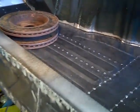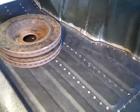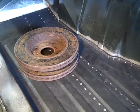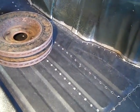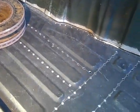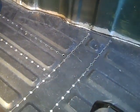So it's positioned in place. We've got a bit of weight on that end just to pull it down a little bit, so it's slightly buckled, so once the welds go down obviously that will hold it all in place, but this might be the next job. So we've just fully welded the